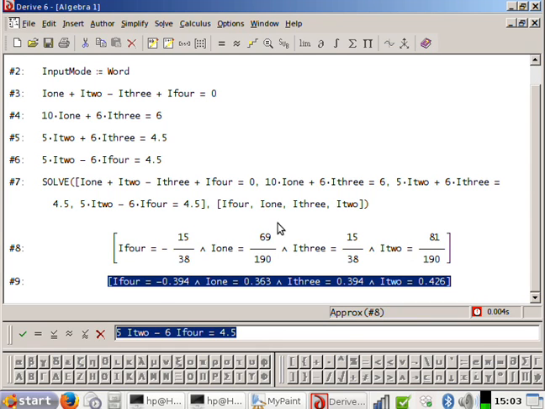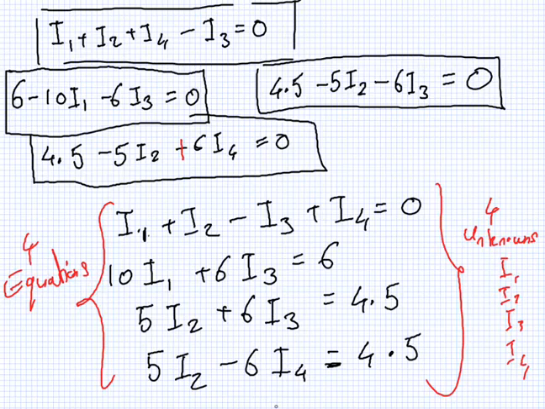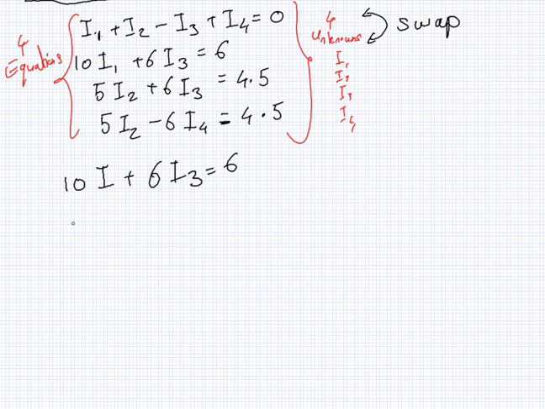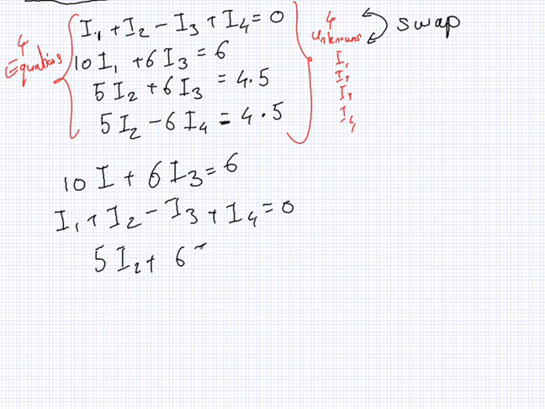But how do we solve it using pen and paper? Yes, how do we do that? So what I'll do first is I'll swap these. So I have 10i1 plus 6i3 equals 6, and i1 plus i2 minus i3 plus i4 equals 0. 5i2 plus 6i3 equals 4.5, and 5i2 minus 6i4 equals 4.5. Now the reason I did that,